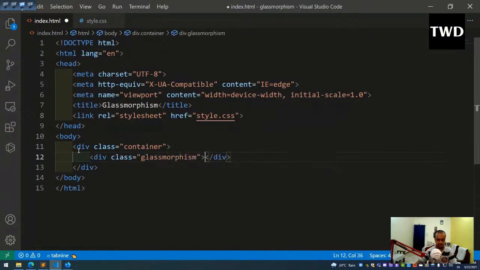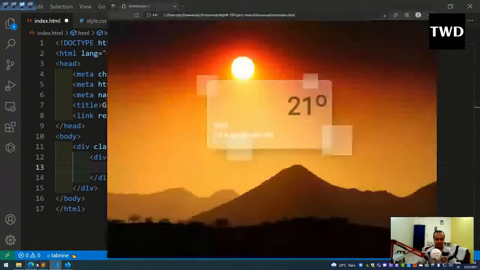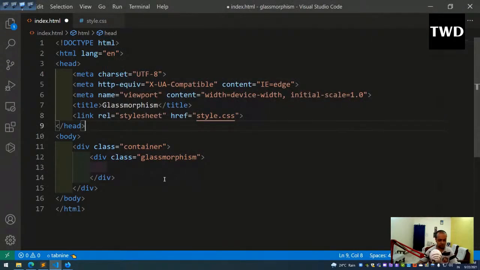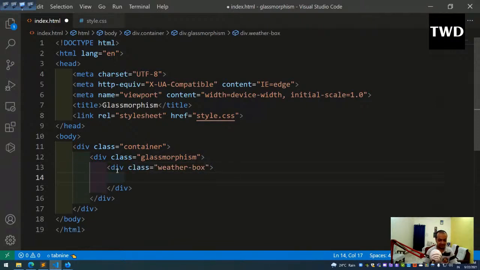After that we are going to have a weather box, because this is a weather thing only. See, this is a weather thing which we are able to see. So the next thing will be weatherbox, dot weather. It should not be there. Dot weather, the box is there, and h1 is